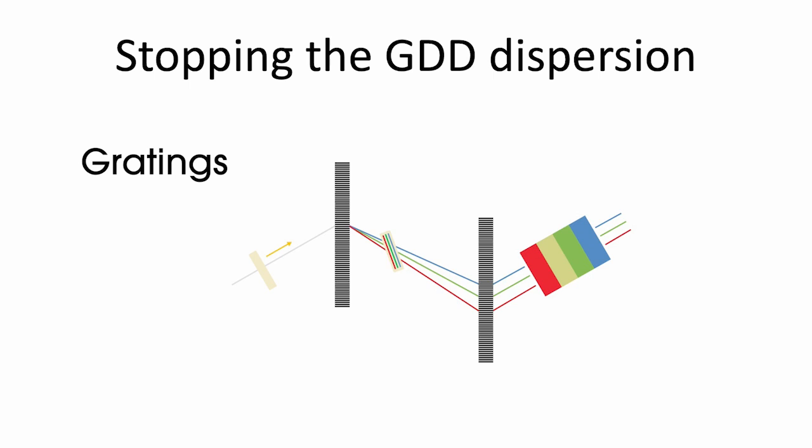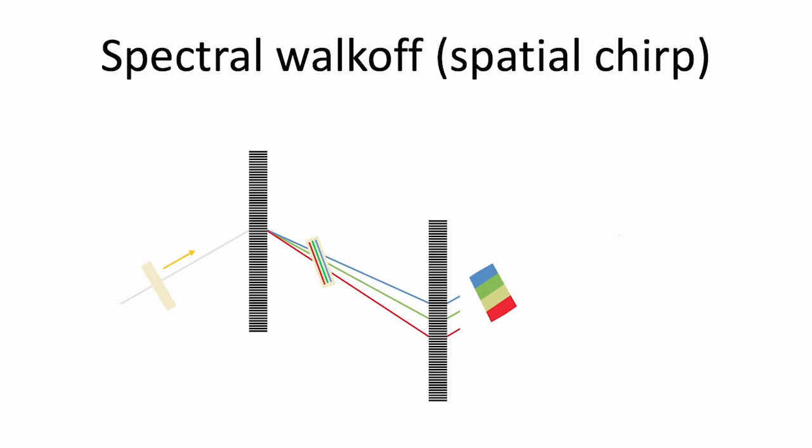Now, next slide. The problem you might have with this setup is that you can have a spatial chirp. That is, different colors are traveling in different directions, and if your beam is not wide enough, you will have a lateral walk-off of the different colors that could be significant. I mean, if your beam is much larger than this walk-off, you probably won't notice it, but otherwise, this is a problem. So how do you solve this problem? Next slide.